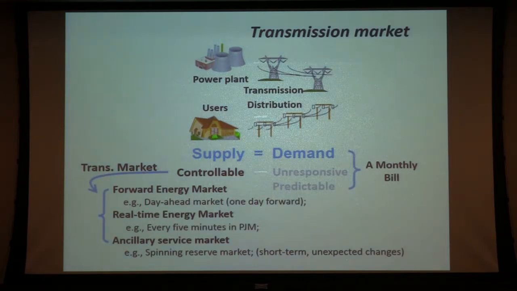So okay, let's continue. What I want to show you here is that we have a very complicated market rule running the transmission market, and people can argue whether it's good or bad. Different states and different ISOs have different kinds of market rules. PJM and Cal ISO are probably very different, depending on what they want to try this year. But compared with the complex story on the supply side, the demand side is usually just a monthly bill. We don't know how the bill comes up, but we just get the bill.